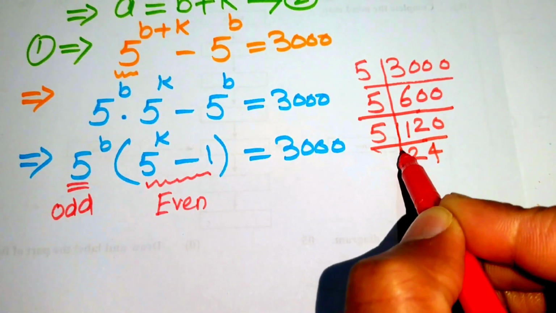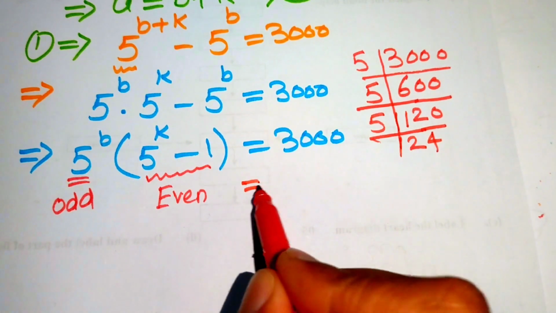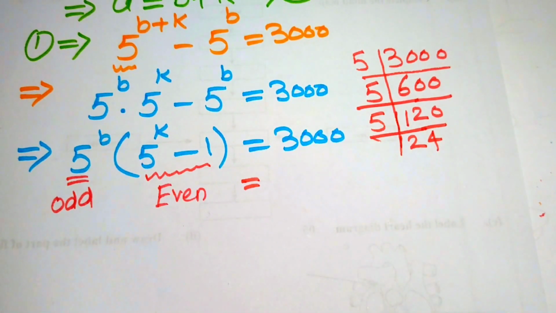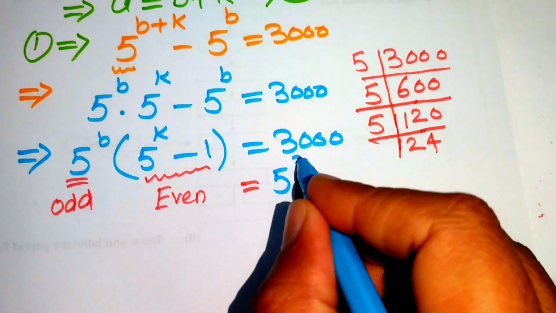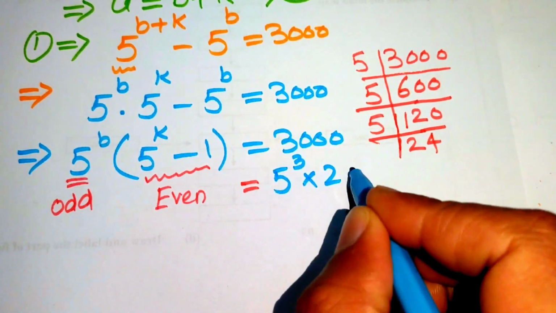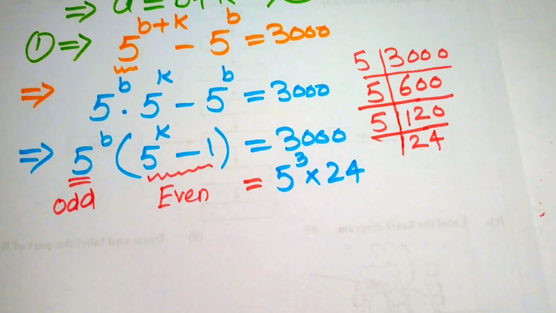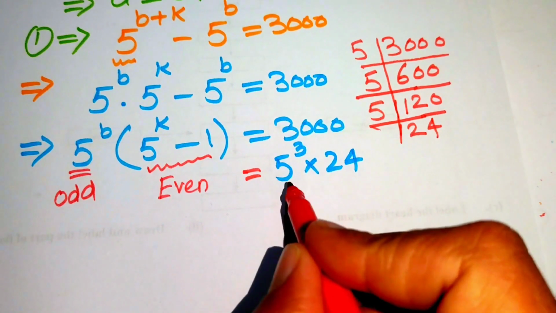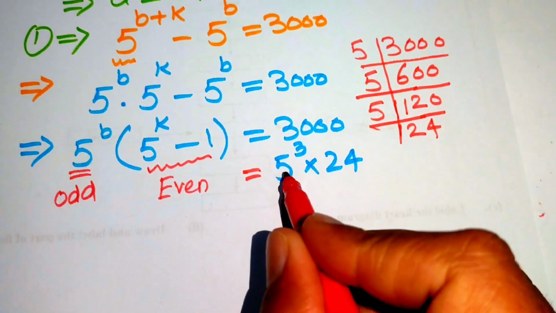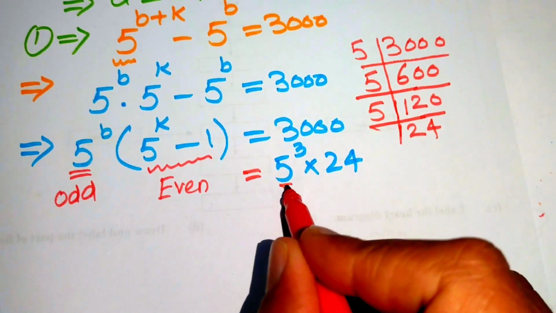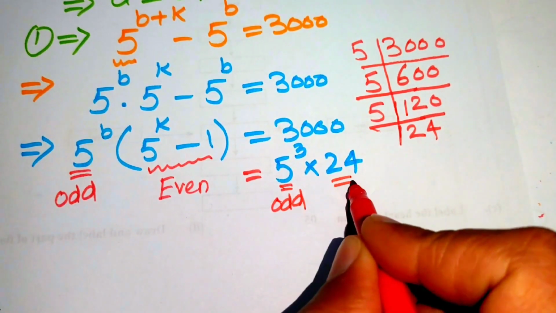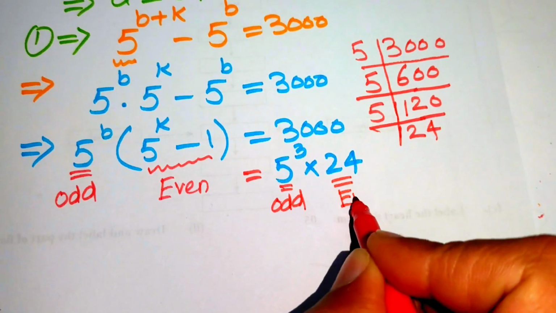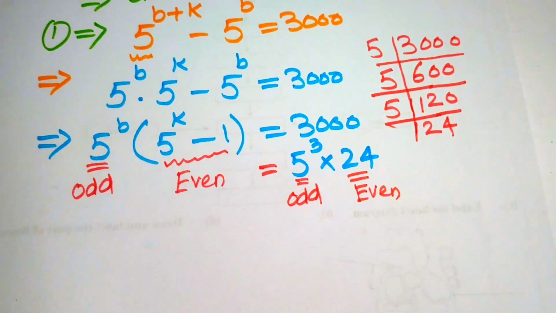So the factors of 3000 are 5 to the power of 3 multiplied by 24. So these are the factors of 3000. And now here you focus on this value: its base is 5, so it means that it is an odd number, and this 24 is the even number. And now